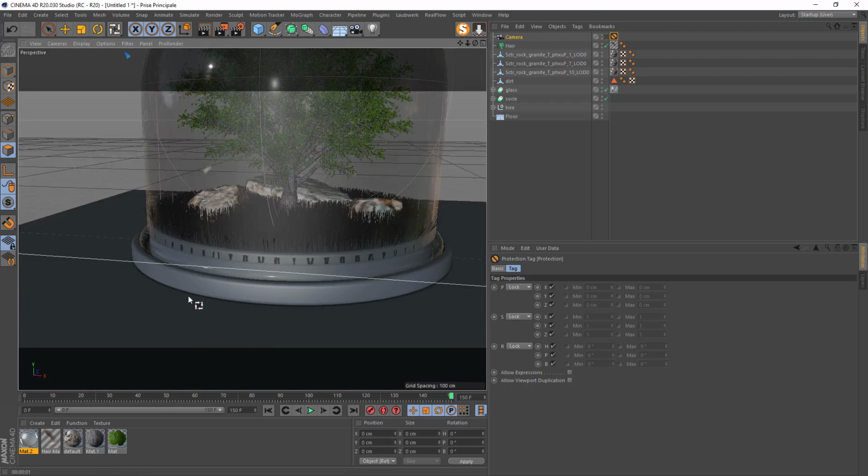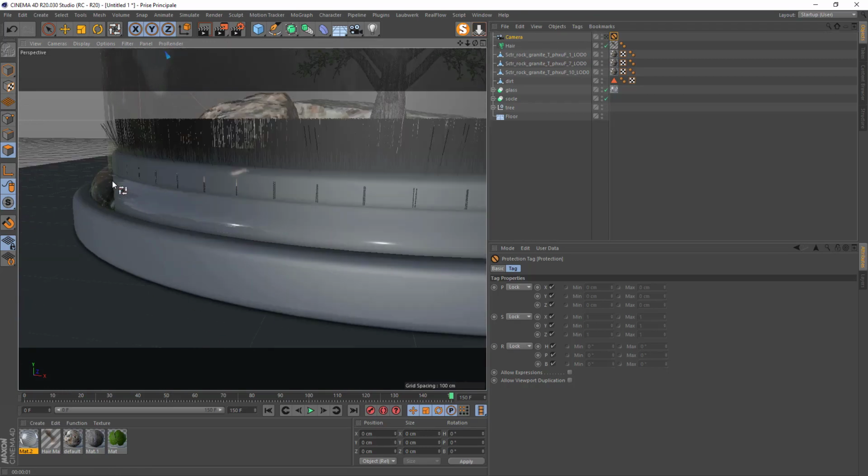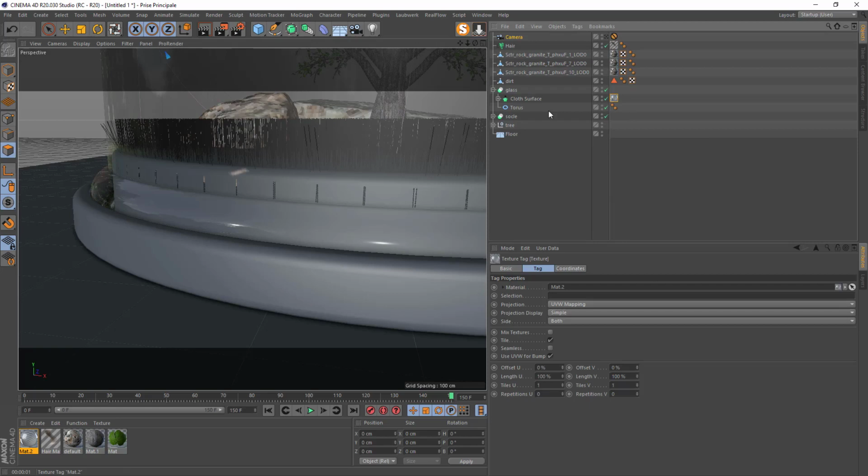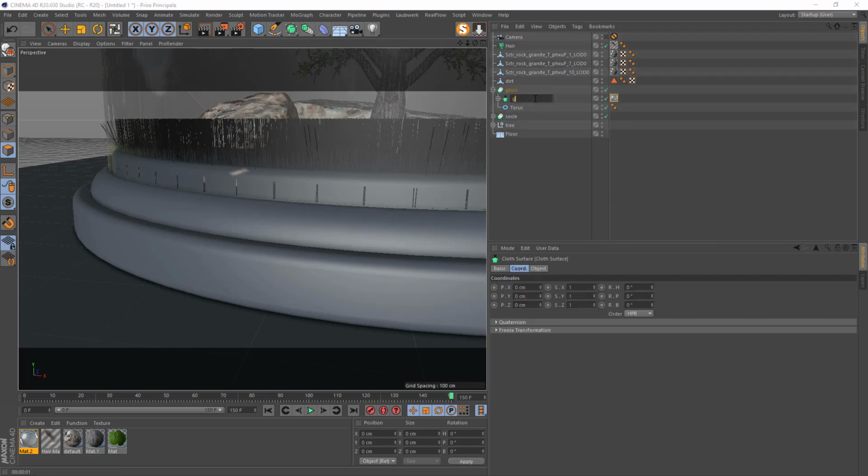Let's see. Yeah, the torus, you see, it's a glass, but we don't want that. So go there to the glass. We just want the material on the closed surface. This one I will rename it glass. So now I will make a wood material for the socle, the torus.